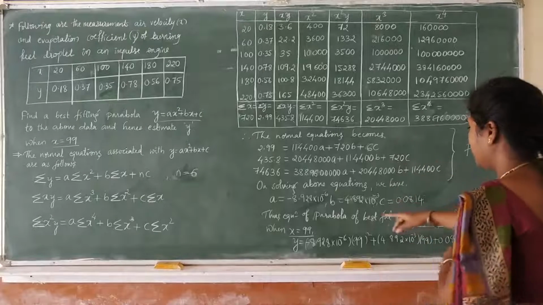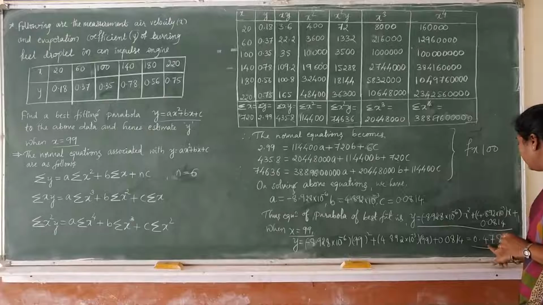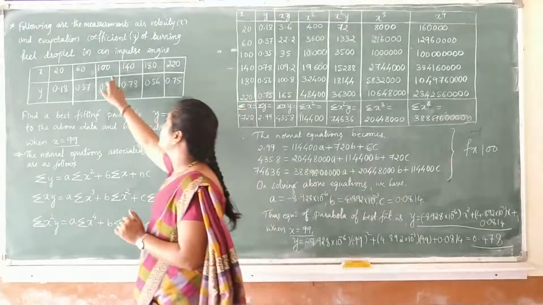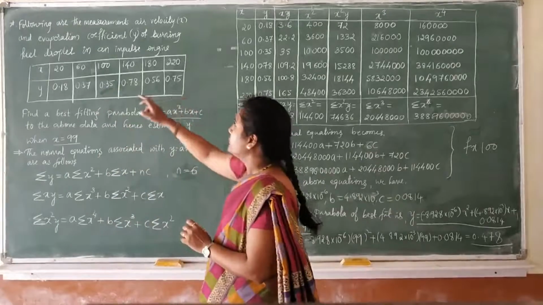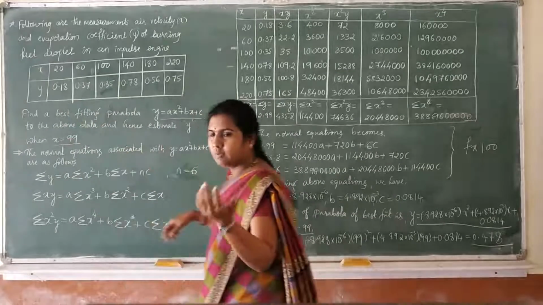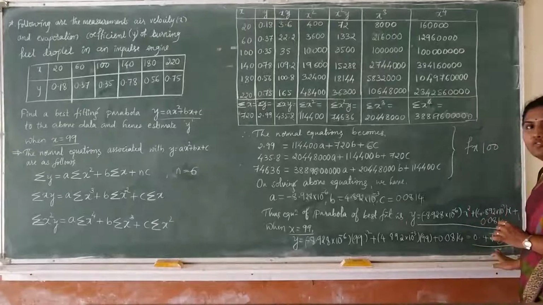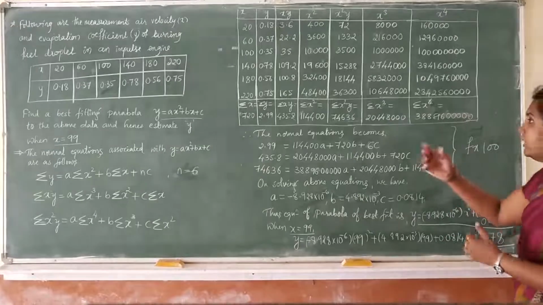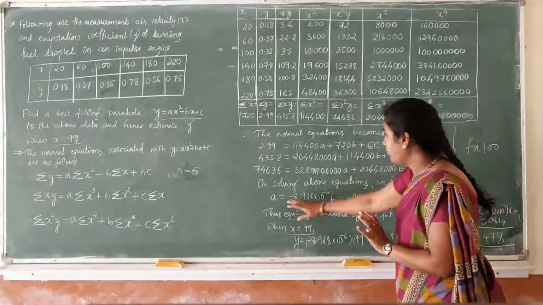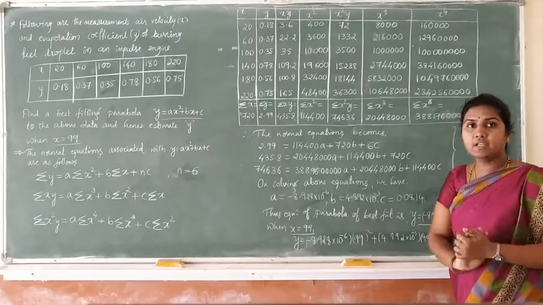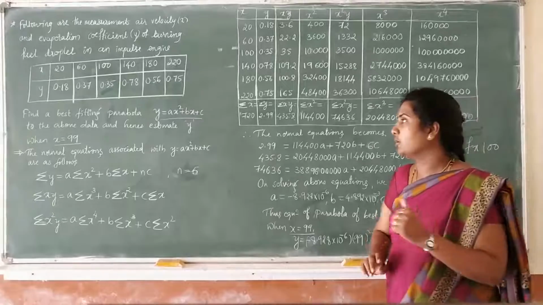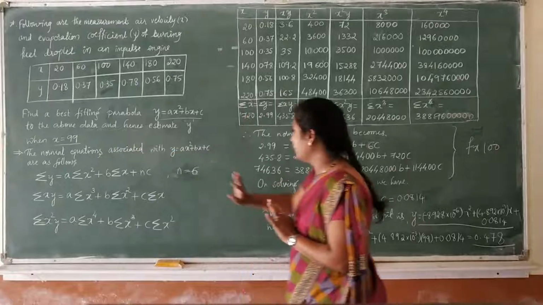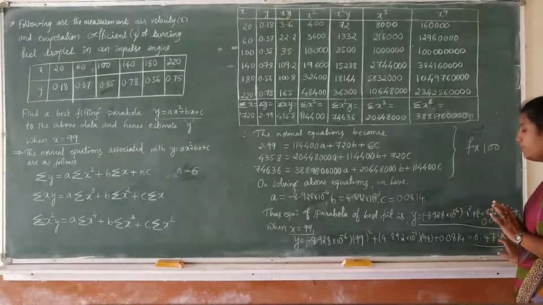Here, substituting and finding all the values, we get 0.478 for 99. You can see here for 100 it is 0.35, for 60 it is 0.37. Similarly, for 99 it is 0.478. Next, we have found the ABC values. We don't know exactly whether the ABC values are correct or not. We just know that when we substitute x equals 99, we have obtained y equals 0.478.